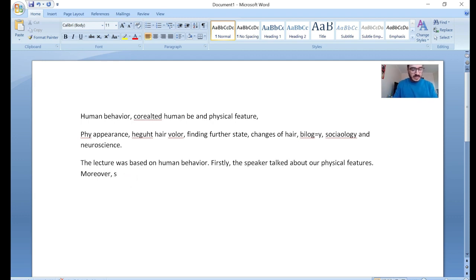Moreover, now she mentioned that physical appearance, height, hair color, these are all key points. Let's try to make a line. Mention that